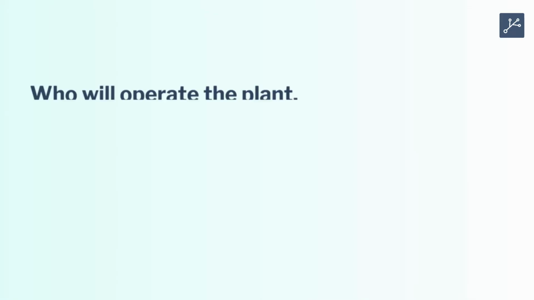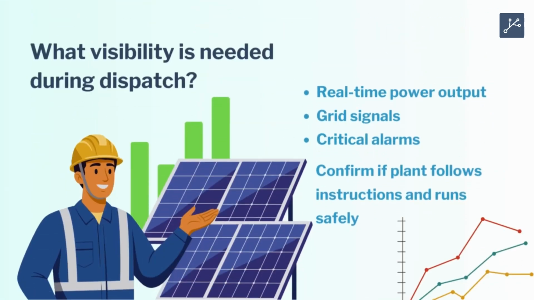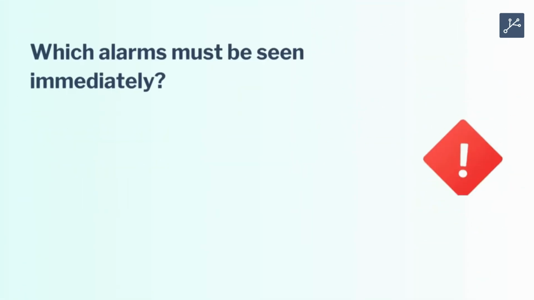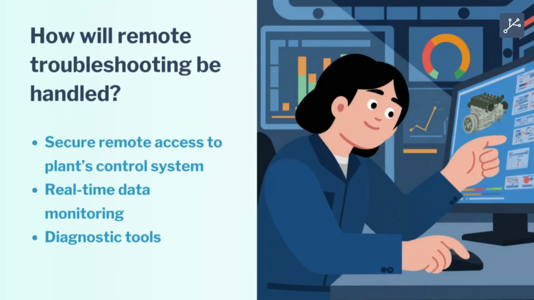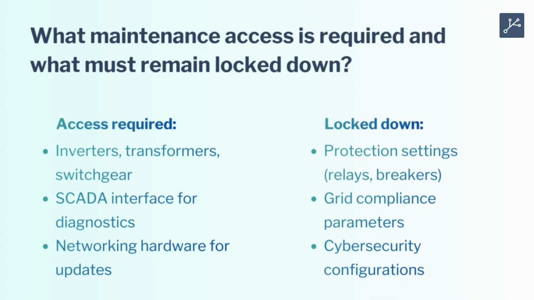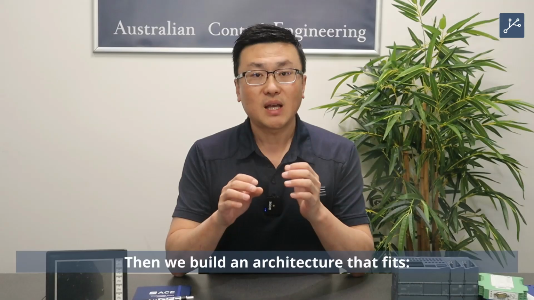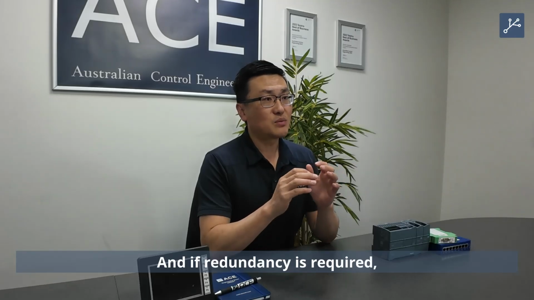So after the grid rules, we look at the day-to-day operational needs. We ask who will operate the plant and from where. What visibility is needed during dispatch? What alarms must be seen immediately? How will remote troubleshooting be handled? What maintenance access is required and what must remain locked down? Then we build an architecture that fits grid compliance, real-world operations, project schedules, budget, and if redundancy is required, we